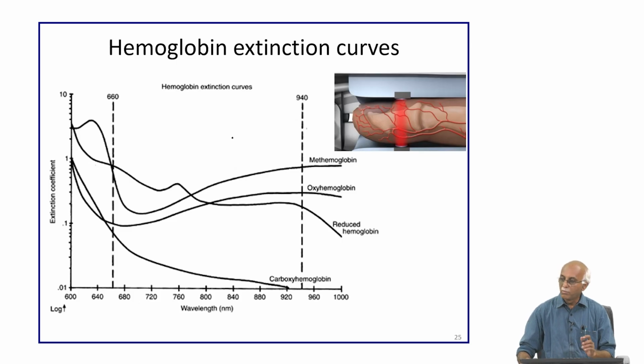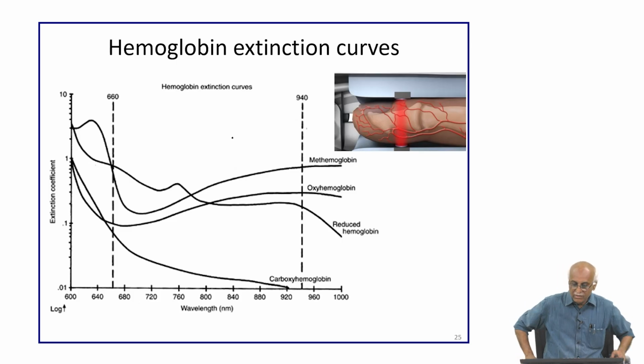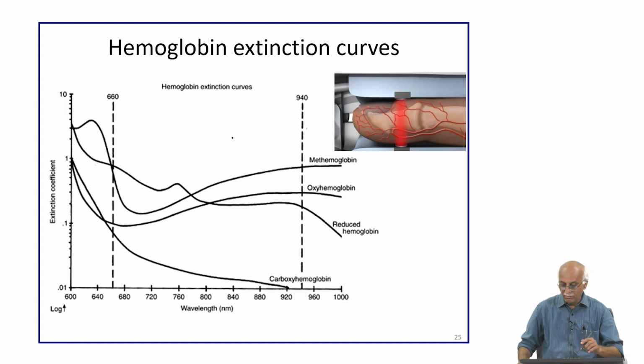We are talking about one such device, an absorption spectroscopy based device, which is very much used: the pulse oximeter. The technique involved is basically to capture the information related to hemoglobin and oxyhemoglobin. The hemoglobin itself is also called reduced hemoglobin, and oxyhemoglobin. What we found from their absorption characteristics of